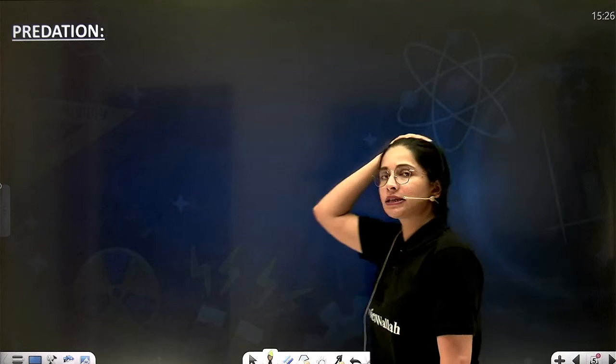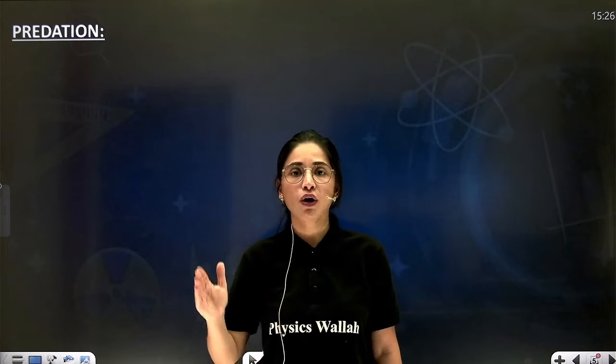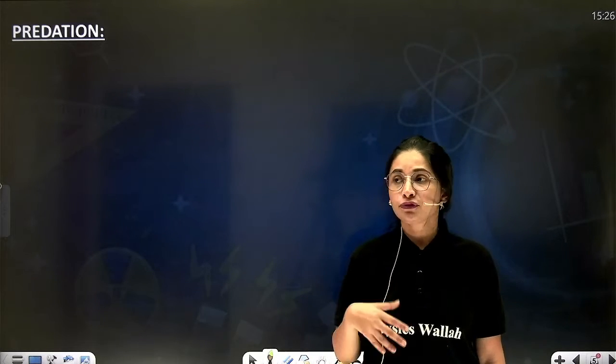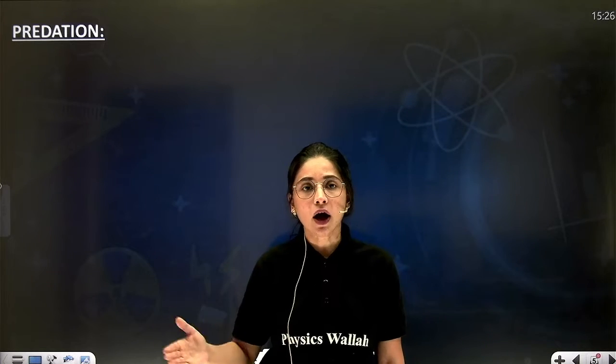Now moving towards the next and important interaction, that is predation. Predation is also a plus minus kind of association. It is a very important association for maintaining the flow of energy. This concept of predation is very necessary for maintaining the flow of energy. You know, predator prey, if this is not taking place, then how will the energy produced by the producer flow to the consumer, flow to the decomposer, and how will this ecosystem function? So predation is one of the necessities